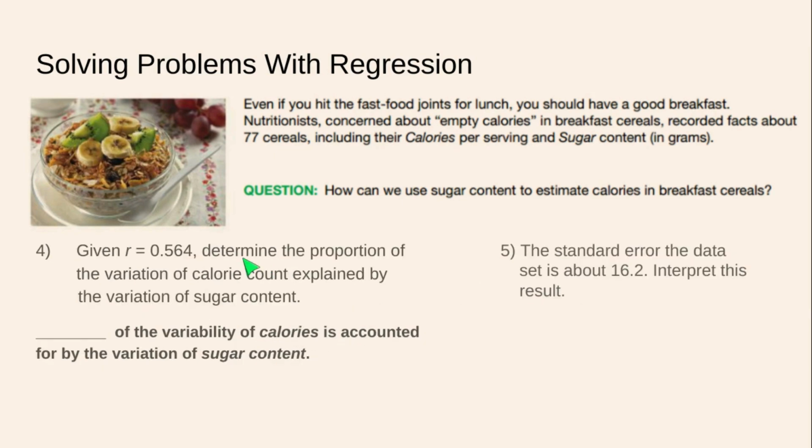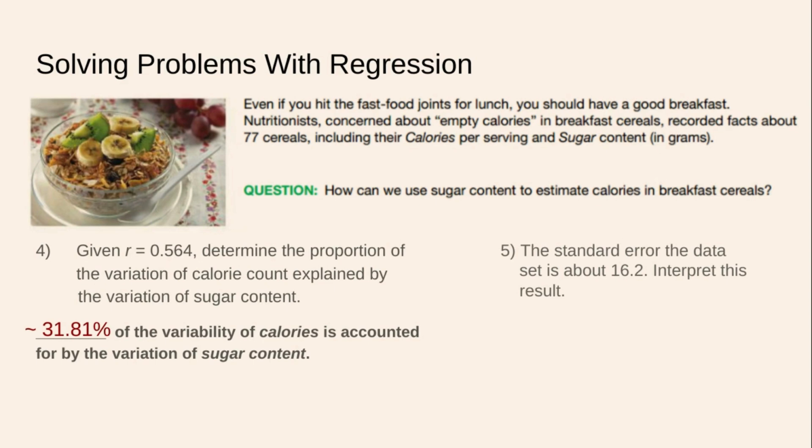Numbers 4 and 5. Given R equals 0.564, determine the proportion of the variation of calorie count explained by, think variation accounted for, by the variation of sugar content. All right? So this is variation accounted for. So what proportion of the variability of calories is accounted for by the variation of sugar content? How is the variability of the Y variable accounted for by the variation of the X variable? Well, that is an assessment of R squared. So we would take R and we would square it and we would get that number, about